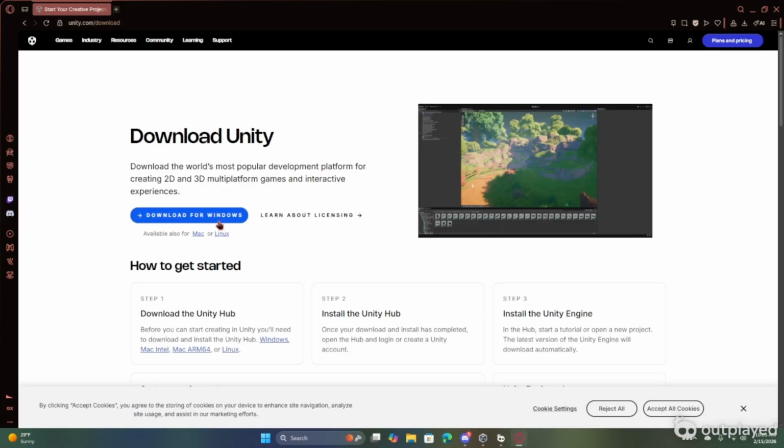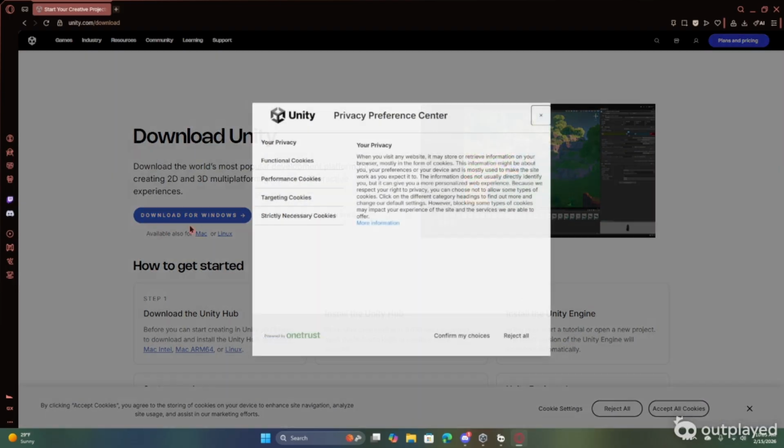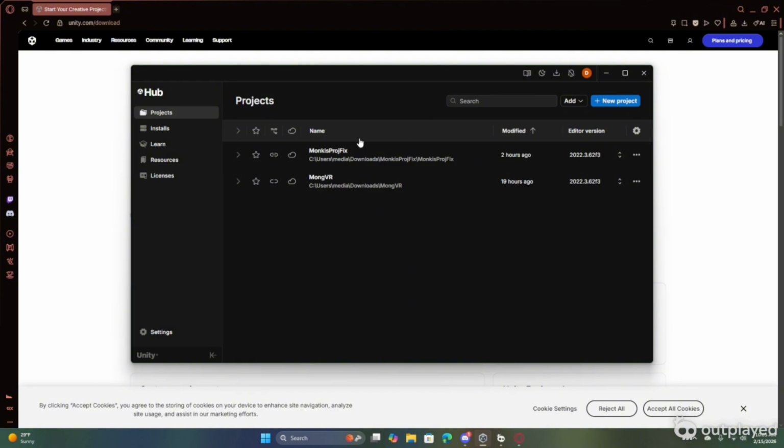And when it does download, it's gonna pop up like this. Yours will be different because it's gonna tell you to sign in. What you're gonna do is sign in. You're not gonna have any projects here. So what we're gonna do is go to the side and click